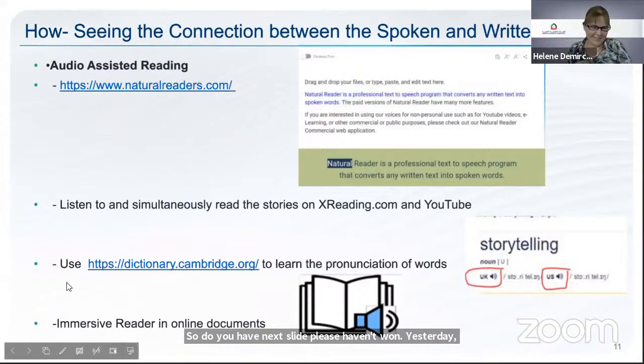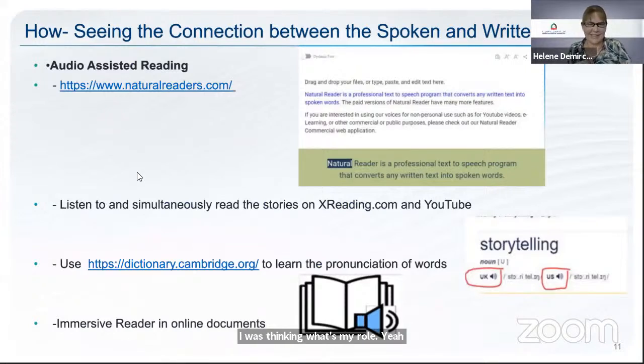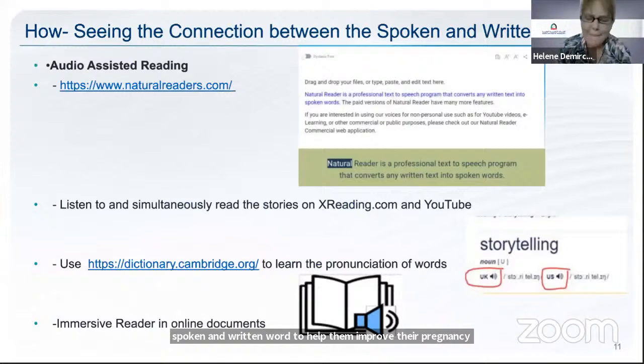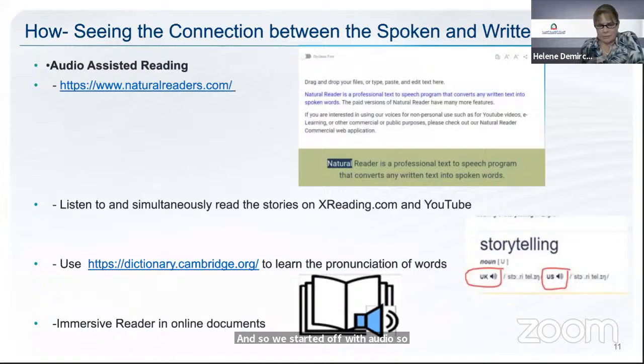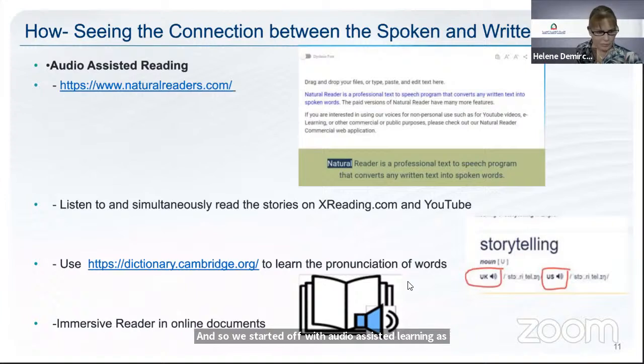Okay, so with the competition in mind, we wanted to enable students to see the connection between the spoken and the written word to help them improve their pronunciation and their storytelling skills. And so we started off with audio-assisted learning. As Helen said, Generation Z, they're used to using computers, they're tech savvy. So